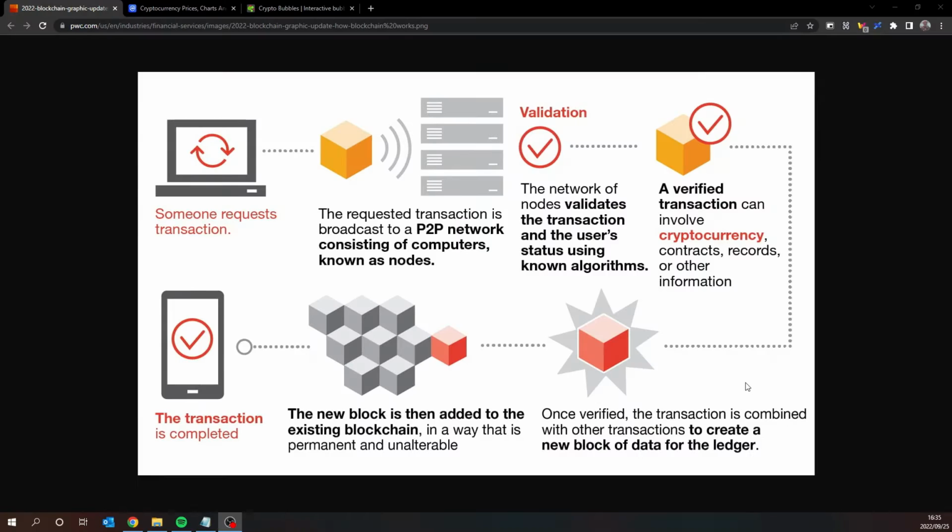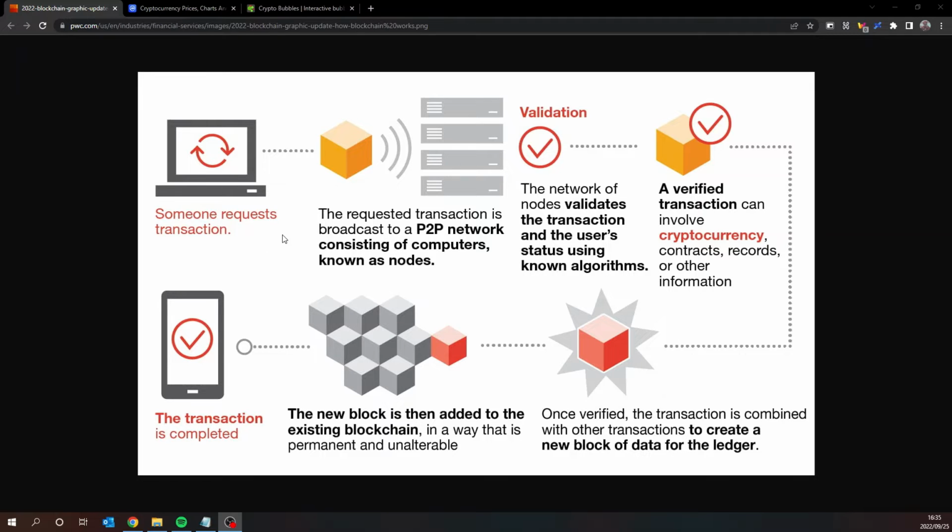Unlike a bank's ledger, a blockchain is distributed across participants all over the world, which make up this blockchain to help verify transactions. Now, what I am going to do is take you through how a basic transaction works on a blockchain, just so you can get a visual image of it. Starting off the process would be a request for a transaction, and this could be anything from making a payment to somebody, to transferring money from an exchange to your digital wallet.